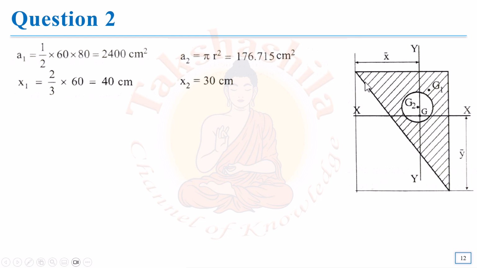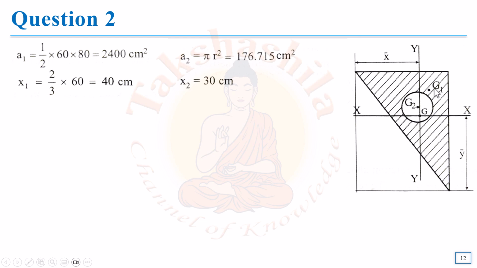Now what I am calculating is x1 and x2. What are x1 and x2? x1 is the horizontal distance from my reference y-axis to the centroid of my first figure. If it is x1, it will be for the first figure. In this case, the horizontal distance from this y-axis to point G1. And what I know is, if I am considering this triangle, the distance from the left side edge to point G1